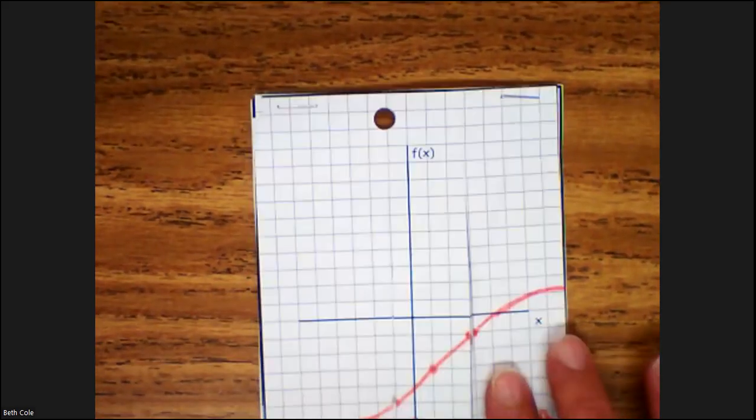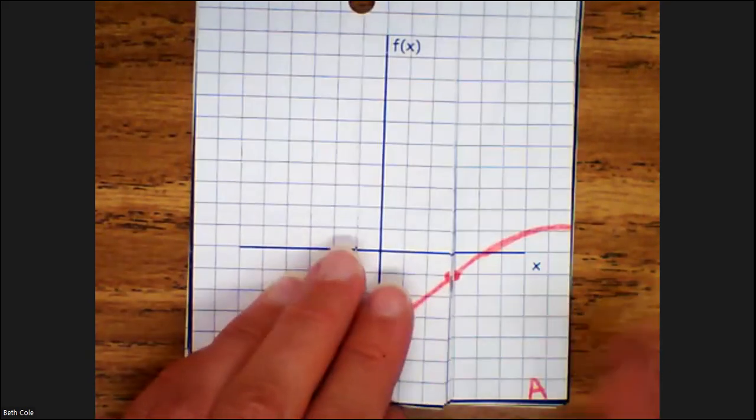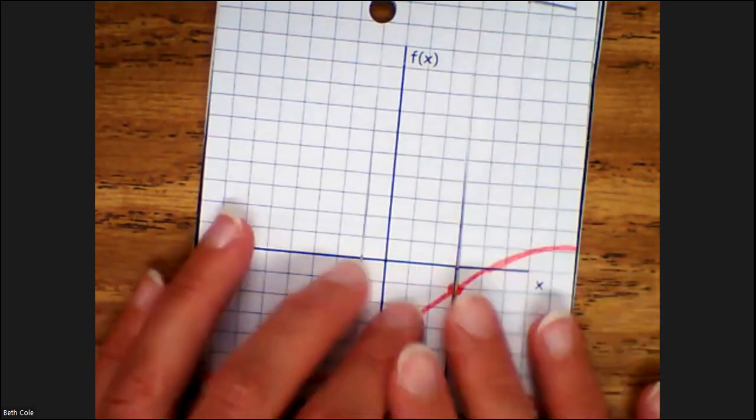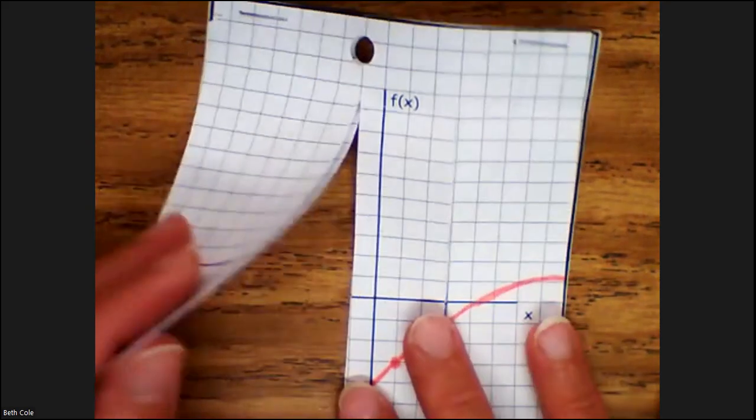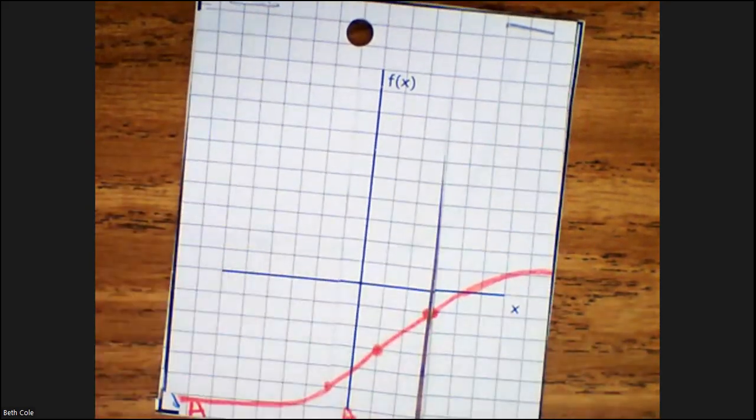Okay, so here's the whole point of what we just did. We're going to have a conversation about continuous versus discontinuous, and use your common sense and your instincts, because whatever you think that means, you're probably right, okay? So first of all, let's talk about the domains, because what we did is we chopped the domain into